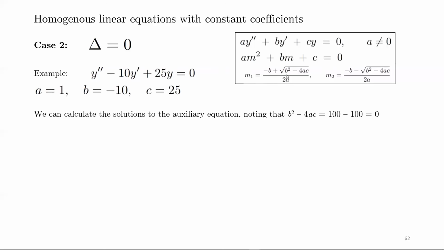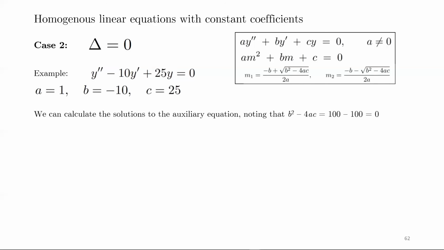Let's calculate b squared minus 4ac. Well, b squared, negative 10 times negative 10 is 100. 4 times a is 4, times c is 4 times 25, which is 100. So we end up with b squared is 100, minus 100. So in this case, our discriminant is equal to 0. B squared minus 4ac equals 0. Therefore, we only have one